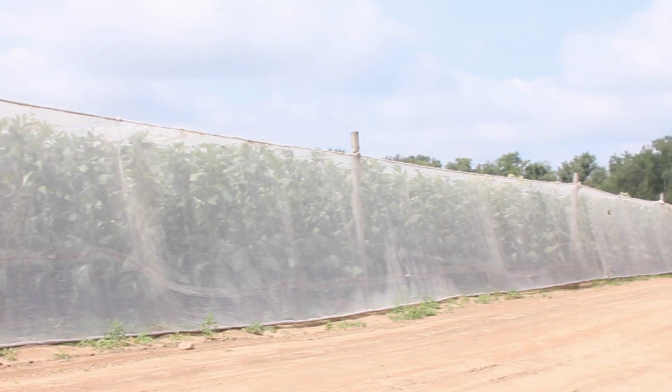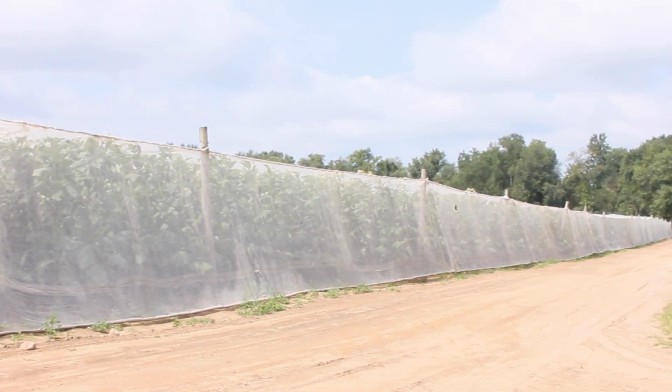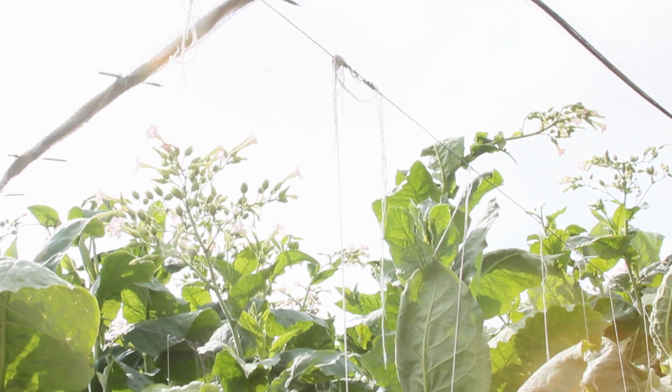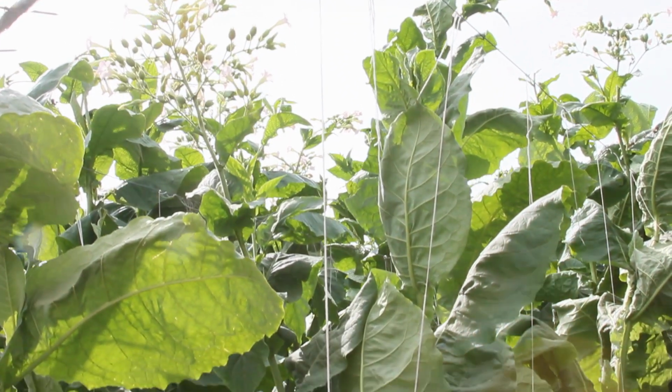Now, Nick, I love this question because it lets me get a little nerdy into tobacco cultivation, which I love to do. So, technically, Nick, yes, all tobacco is grown in the sun, but some tobacco is grown in the shade. Farmers will use cheesecloth tents or even canvas depending on how little light they want to get through to the tobacco plants. Now, if you've ever heard someone call tobacco shade grown, like Connecticut shade for instance, this is